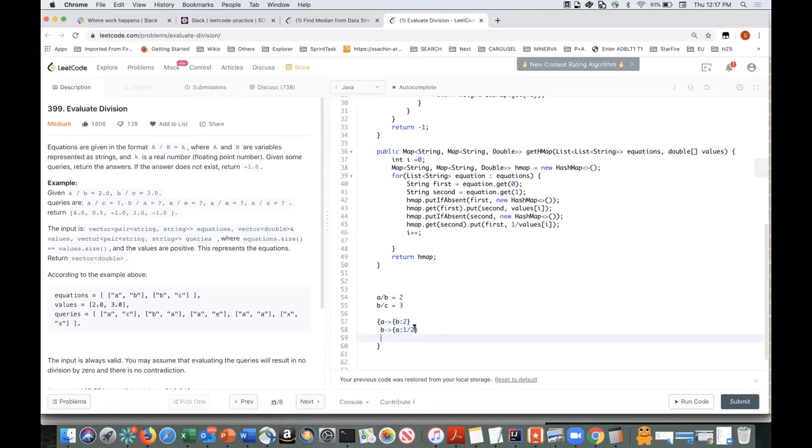Then I will move ahead. So I will remove this, and then I move ahead to B is to C. So I have another value in this submap, which will be C is to 3. You guys are following? Yes. Right? And then from the second equation, what additional key I get is C. And now I will take the numerator as my key of my submap. So it will be 1 by 3. Right? Straightforward.